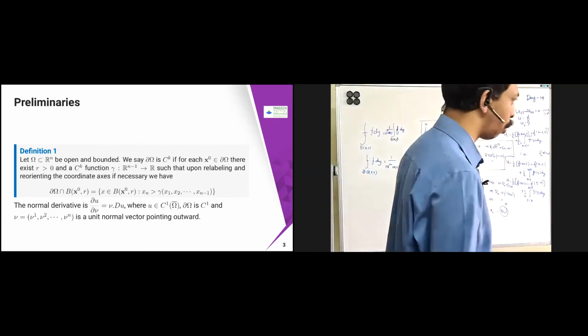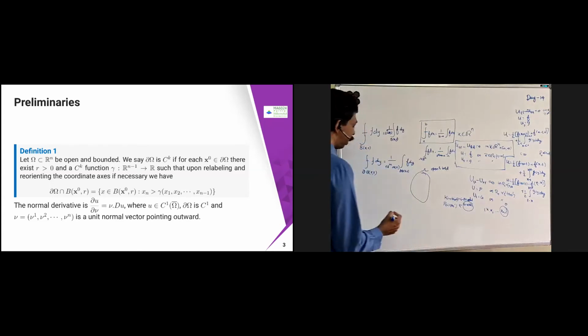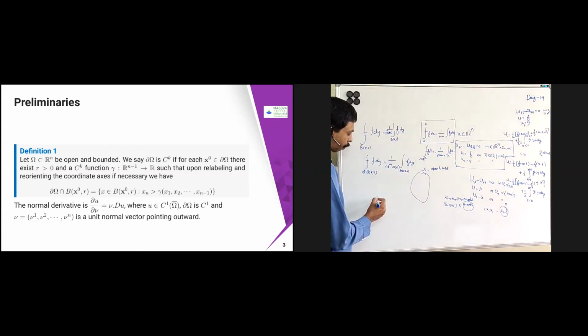Now we have some more things. Usually we might have seen the C^n function. C^n means continuous. If I say f belongs to C^n, we say that it is n times continuously differentiable, or C^m if I put m times continuously differentiable. If I put C infinity, it is infinitely differentiable and continuous also. Now I'm going to say that the boundary of omega is C^k. What I mean by this, because it is a domain and not a function, is that I'm just going to say this is C^k.